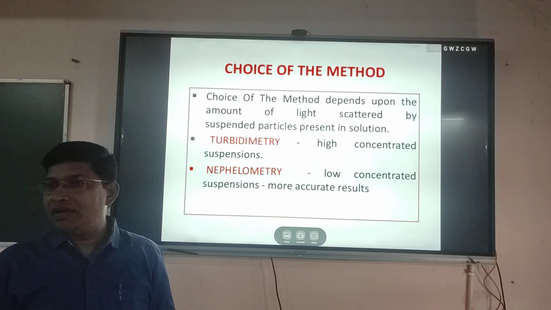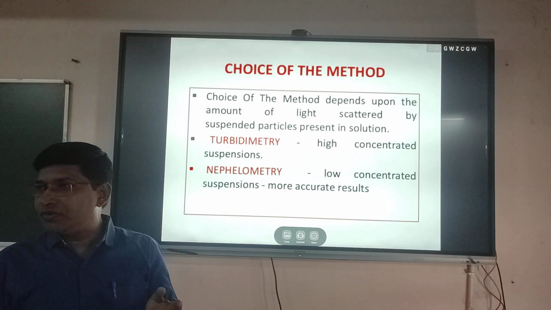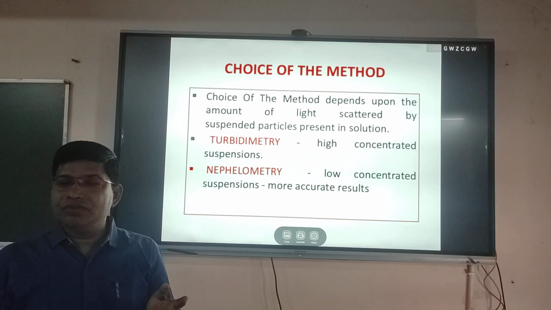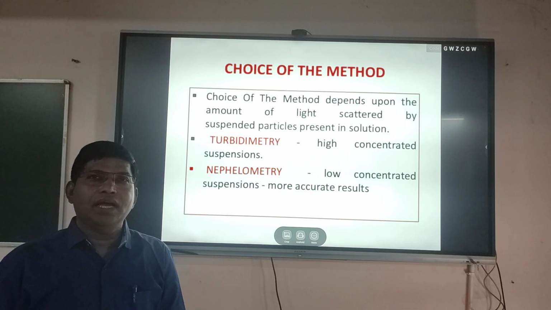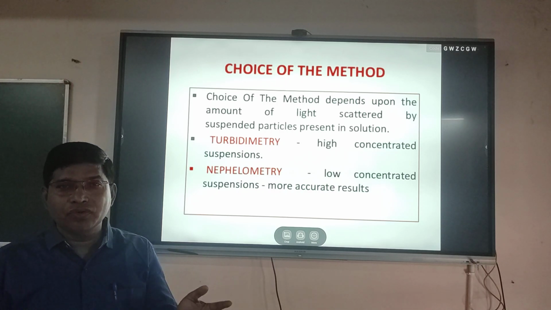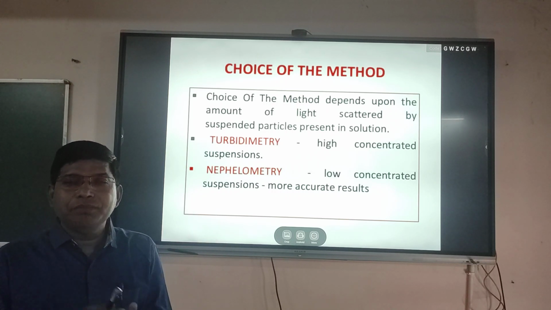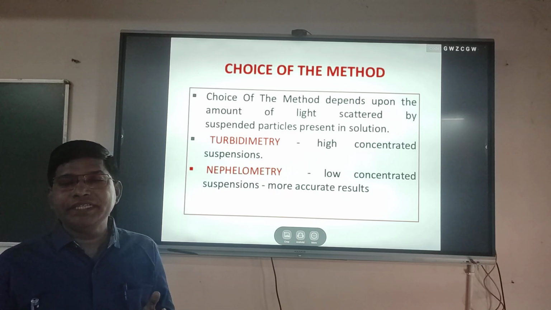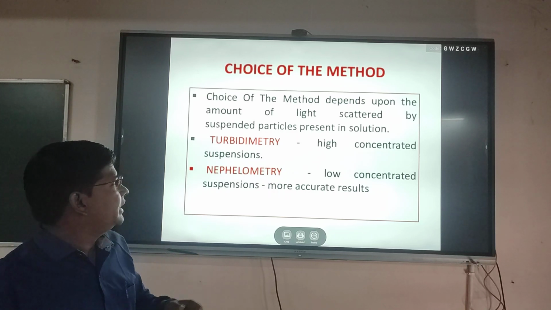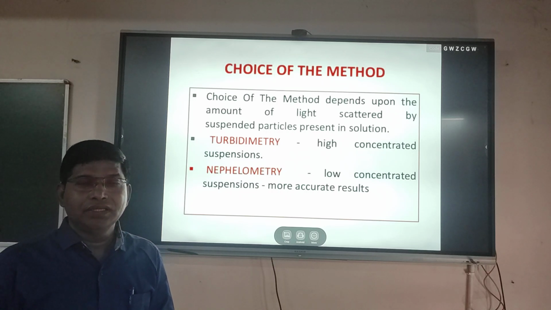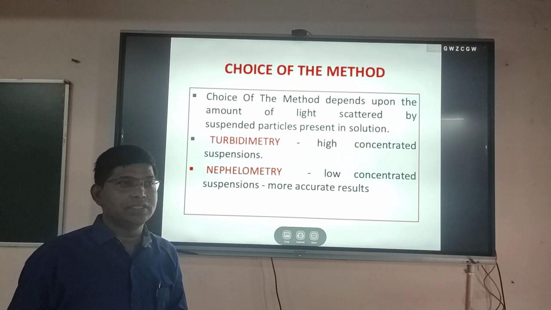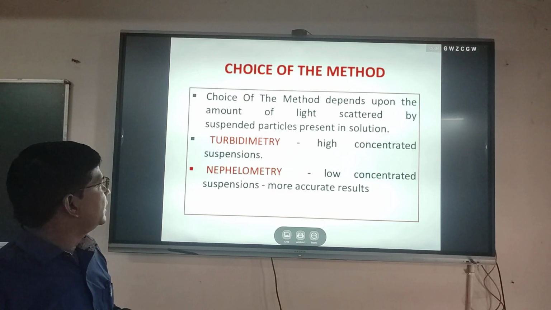Same in the case of organic analysis. We are doing the functional group analysis for glucose, protein, lipid. If the solution is turbid, and that turbidity depends upon the concentration of the solution, and if you want to determine the quantitative amount of a substance from a solution, then you will use these methods.